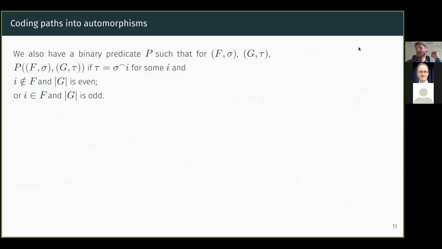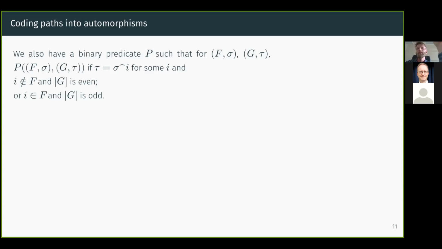Okay, so we know how the automorphisms work: if I give you a single sigma and I look at this hypergraph, I know what the automorphisms are. But now I want, of course, to code the path in some sense. And for that, we have a binary predicate P, which is defined as follows: if I have two tuples, f sigma and g tau, where tau is extending sigma by an element I,